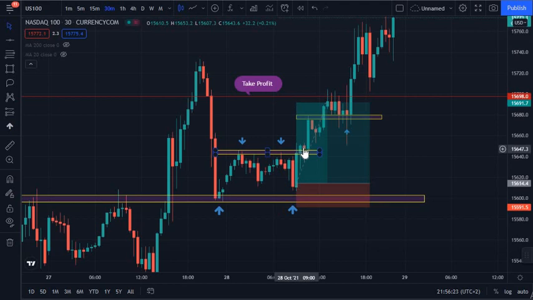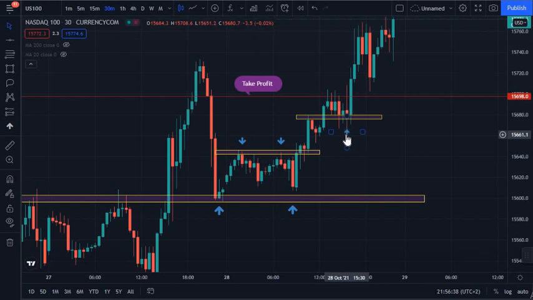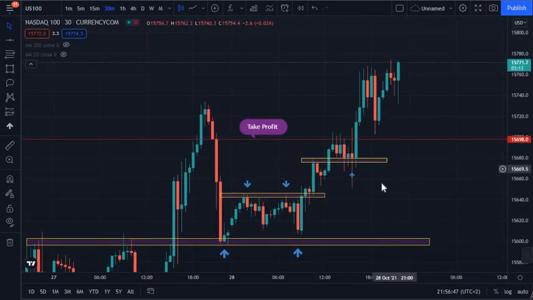It broke our support level, it broke our resistance level here, and pushed to the upside. It retested this zone and pushed again to the upside, right? So now we can see it reached another zone, which was around another zone. So we wait. Another opportunity that you could have taken with this trade was during the lead towards